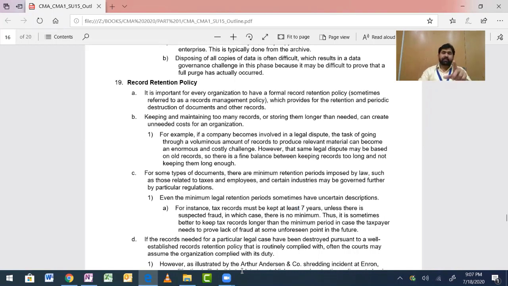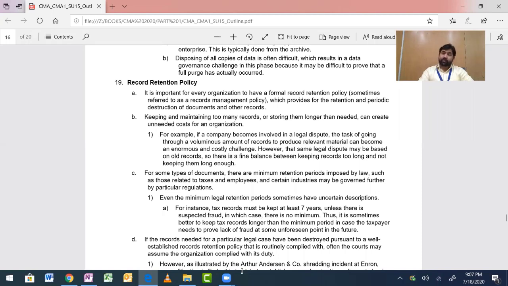Fine. What I'm saying is, see, a company may have its own policy. One is those kinds of data for which there is no law, there is no rule. So you make your own rule. All right. I will update my system every 7 years. So after 7 years, whatever data I have from before 7 years, I'll remove that. I will keep the last 7 years of data and I'll keep on moving forward. Fine. That is your personal choice. Because what kind of data we are talking about, it's not mentioned. You can choose to keep the data forever. You can choose to put an end to it, put a life to it.